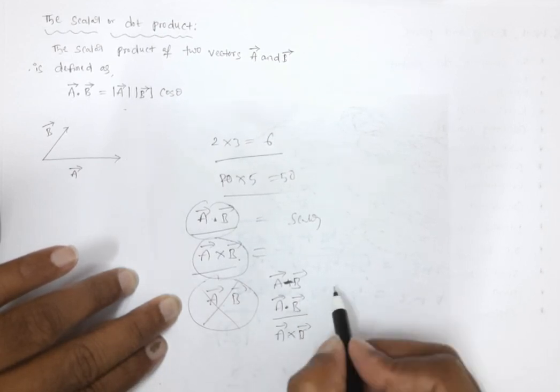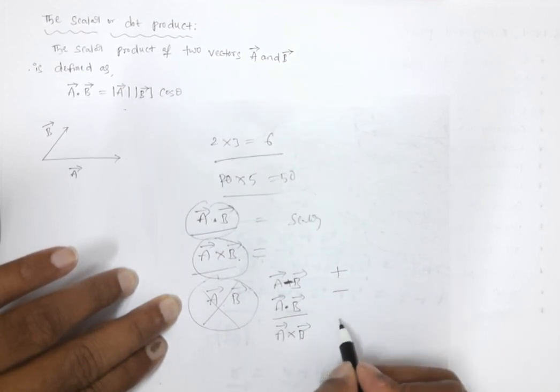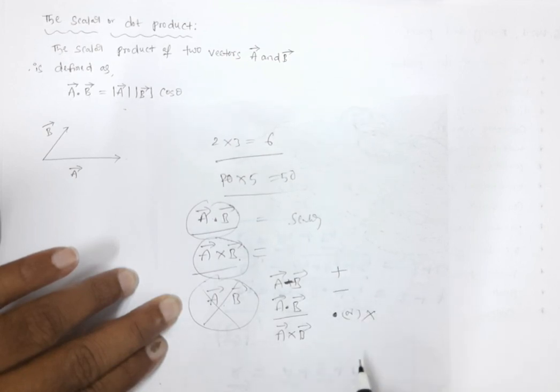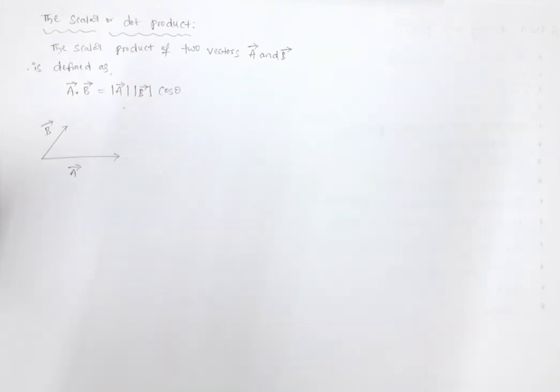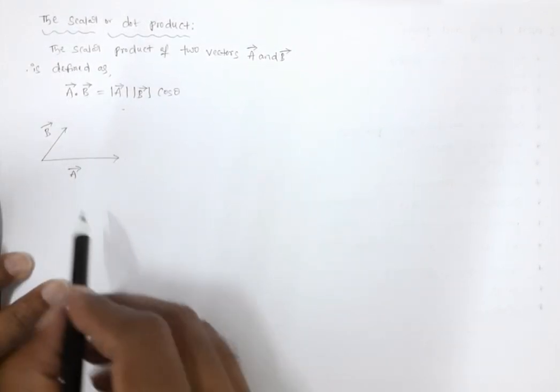So in vectors, vector addition is defined, subtraction is defined, multiplication is also defined. Multiplication is in two ways, one is dot product or cross product, but vector division is not defined. That means you cannot divide two vectors. So here we are discussing product of two vectors, and which product? First one, the dot product, which we are discussing here. So here we have vector a bar and vector b bar. Now we want to know a bar dot b bar.